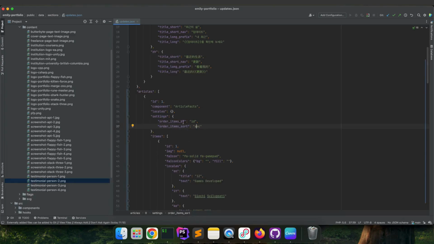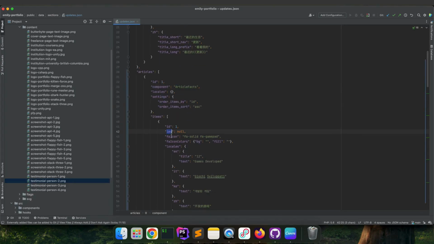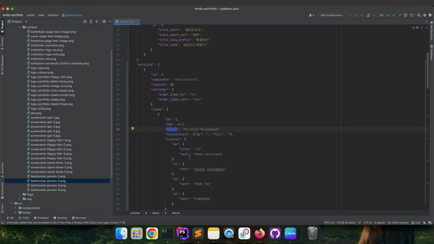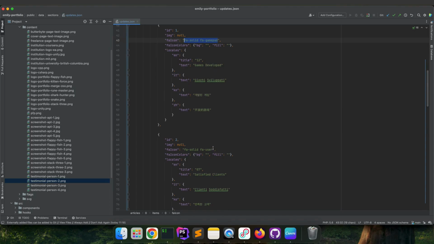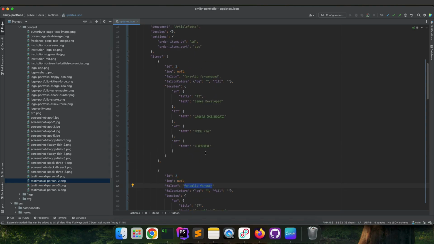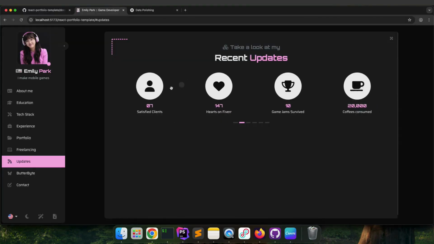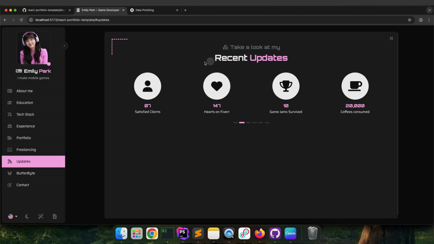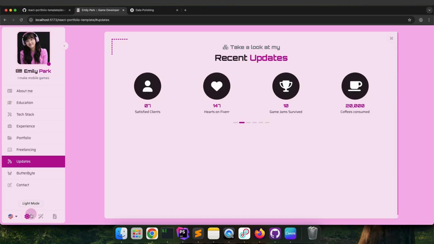Each item accepts either an IMG or an FAICON. In our case, we're using FAICONs for all items, but you could definitely use your own custom images if you want a more personalized look. When you don't define a specific color for the icon, the color will automatically adapt to the theme. It uses the main text color for contrast. So for instance, it shows up white in dark mode and black in light mode, which keeps it always visible